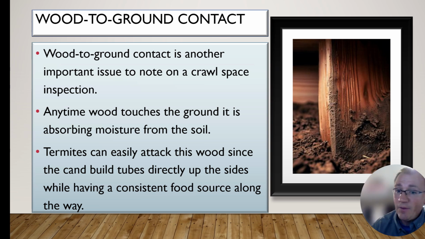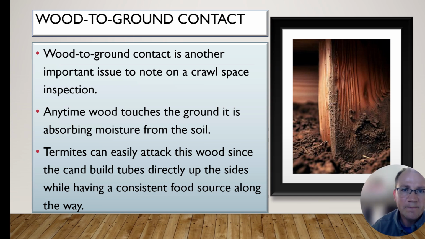So keep in mind, wood to ground contact is something that you're going to want to note on your inspection sheet, but it's also something that has to be taken care of. It's definitely going to do nothing good in the future, whether it's termites or wood rot. Everything is going to be able to attack that wood because of its proximity to the ground touching there and moisture